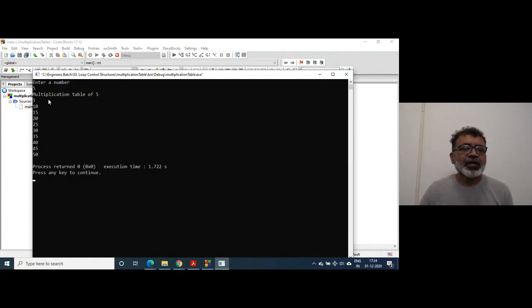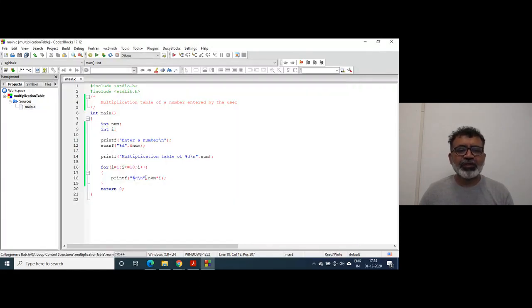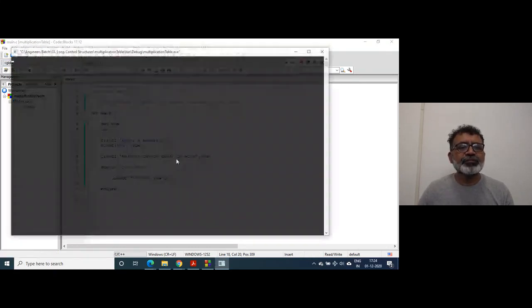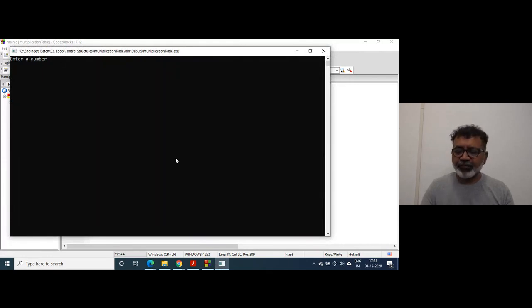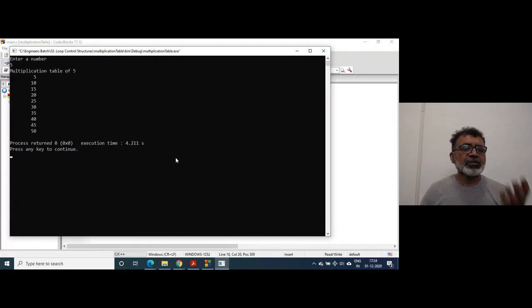And it is printed somewhere in the middle position of that sentence, approximately at the center. So 5, multiplication of 5 is 5 times that, and that is right aligned. So when you put the width, it is right aligned.